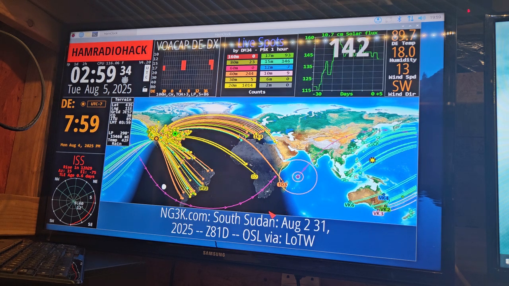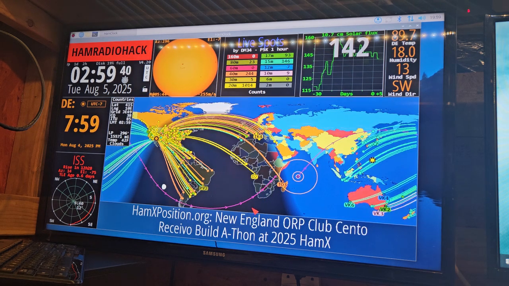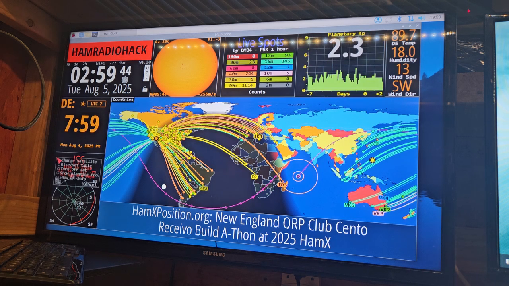It's moving pretty fast, because I was on here earlier in the last video, like I made just a few minutes ago, and it was all the way down below here. So it's a pretty neat thing. But anyway, we click over here in the corner. We can change the satellite. We can rise and set the table, turn off the satellite, show the planning tool, show the DX information,